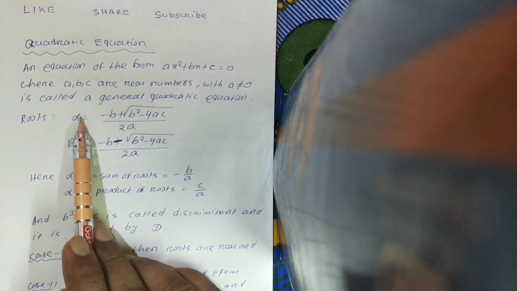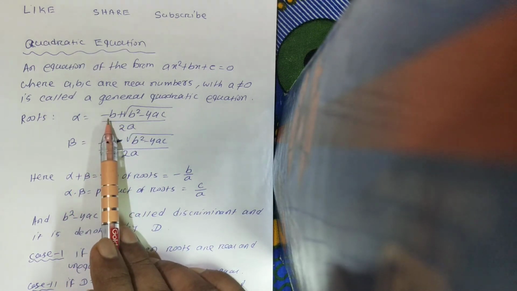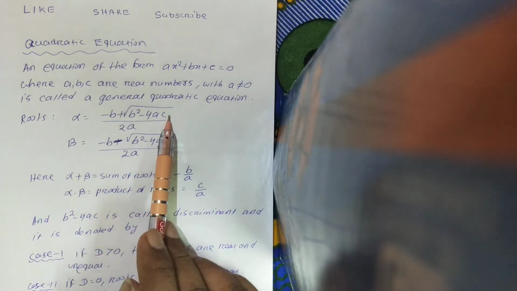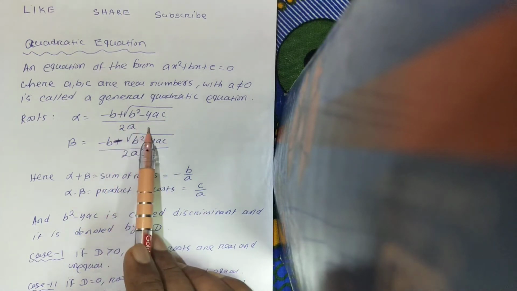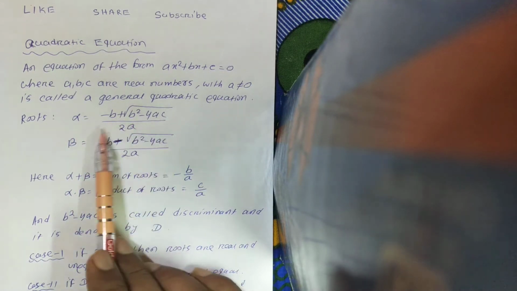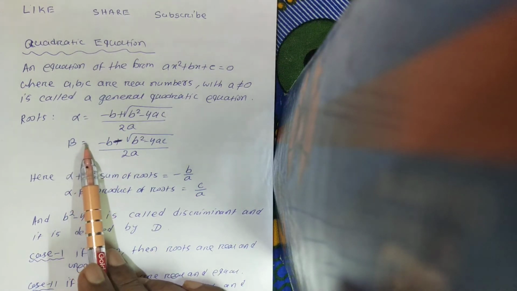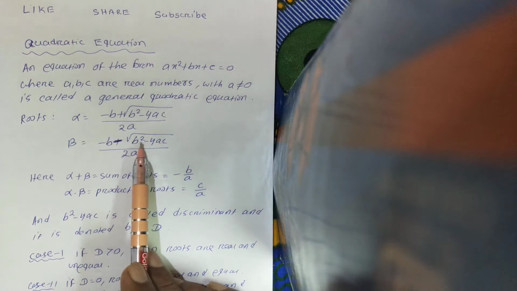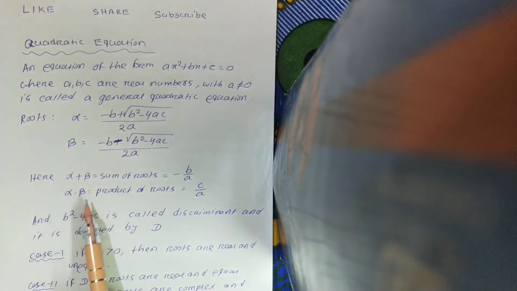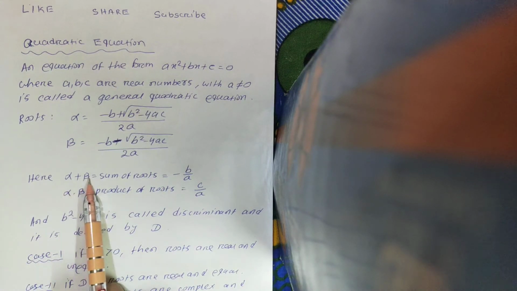Let the first root be called alpha. Its value is found using the formula alpha = (-b + √(b² - 4ac)) / 2a, and the second root, beta, we can find using the formula (-b - √(b² - 4ac)) / 2a. Here is one property you have to remember: alpha + beta, that means the sum of the